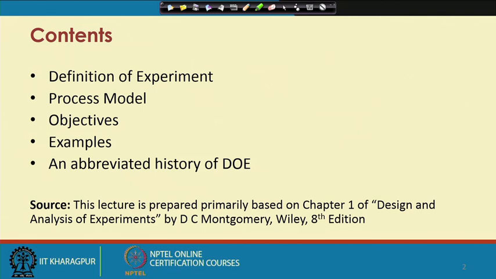What are the different objectives of conducting experiments and analyzing the data pertaining to the experiments, and a few case examples where DOE can be used and how DOE will help in achieving the objectives, and then a brief history